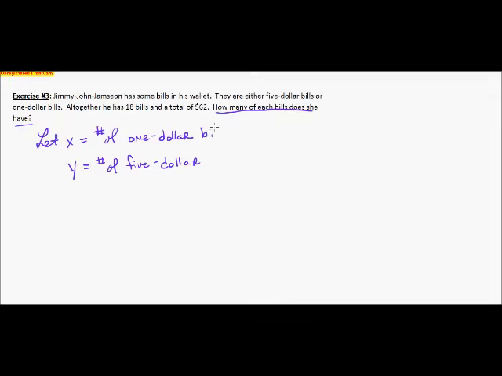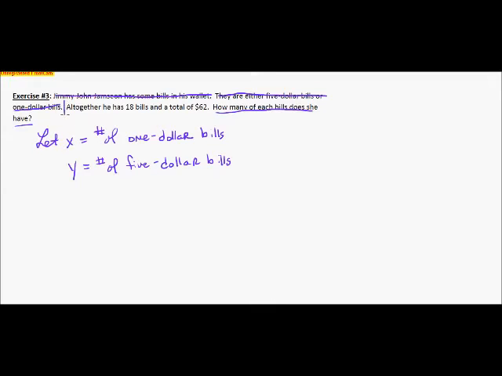Okay, and we'll put the word bills up here so we're all on the same page here. So I have used this part right here. They are either $5 bills or $1 bills. And this part really isn't important. He has some bills in his wallet. So really it all boils down to